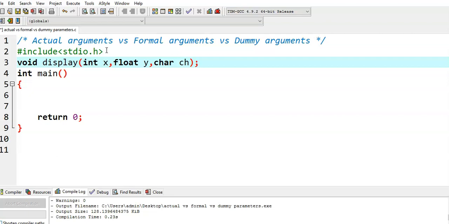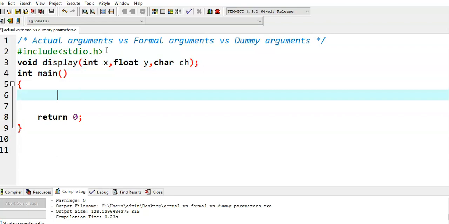Now this display function's purpose is, it takes three values, first one integer, second float and third one a character value, and it prints those values. This is the simple program. And the main function,